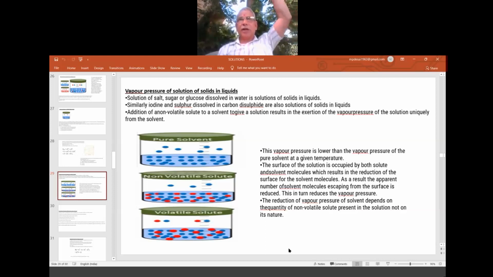In Henry's law, gas was the solute. In Raoult's law, liquid was the solute. Here it is solid in the liquid, so solid is the solute. That solid may be non-volatile or volatile, we don't know. The liquid is generally volatile. If that is the combination, what is the impact on the vapor pressure? That we'll discuss after taking a short break of 20 minutes.